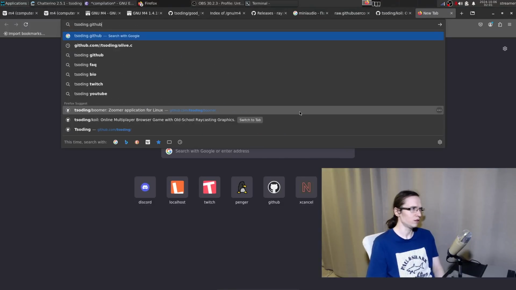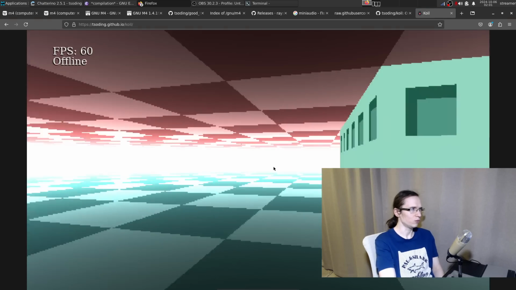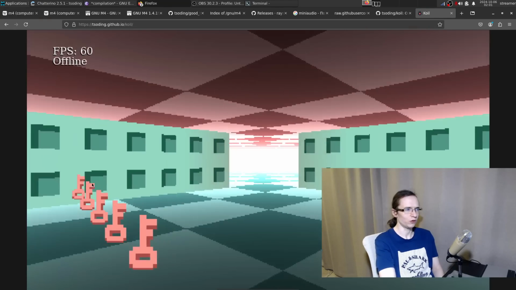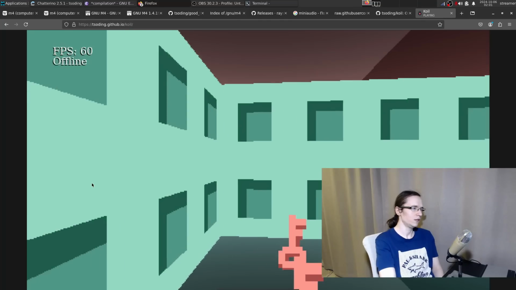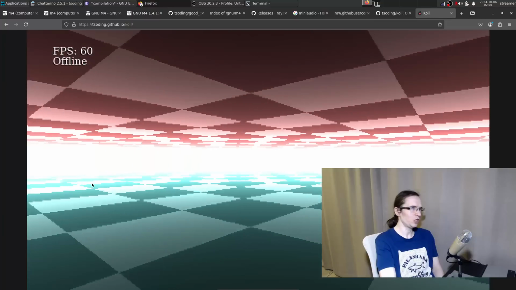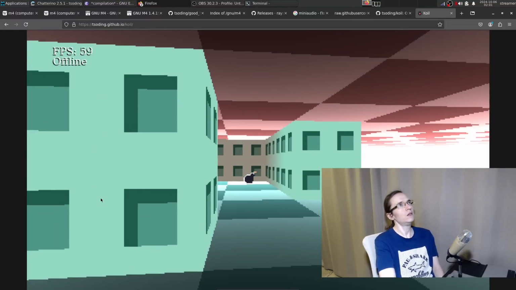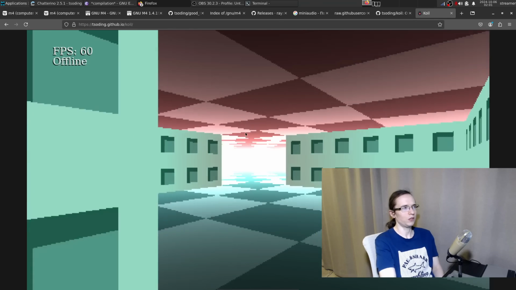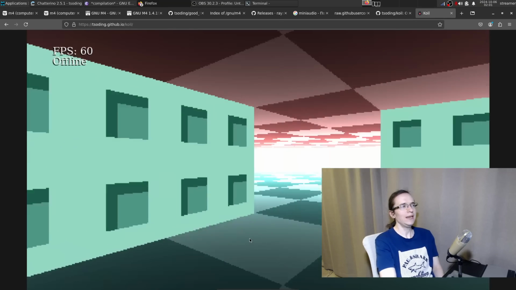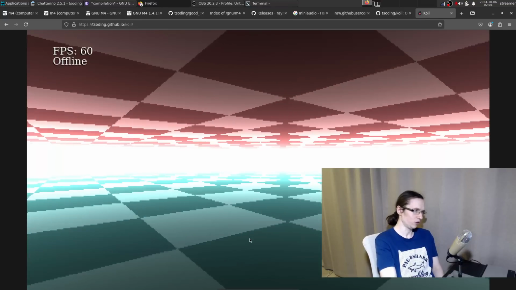So if I go into GitHub.io Coil, there we go, it still works, and it's actually 60 FPS while I'm also streaming, but I have a new laptop as well. So it largely works the same, but the majority of the code, pretty much everything, is in WASM, including producing and parsing binary protocol messages, right? Because it's a client-server application, and it communicates through WebSockets using a binary protocol.